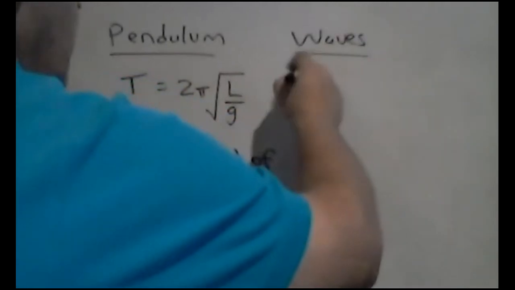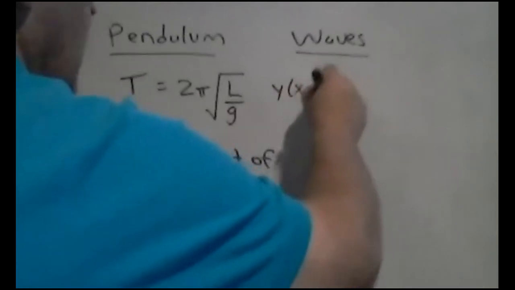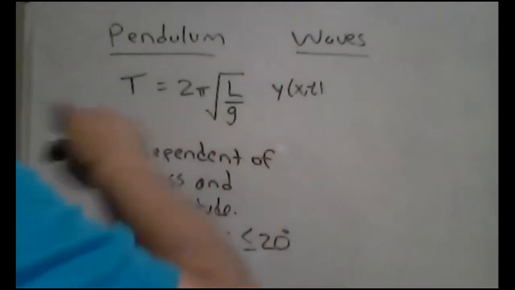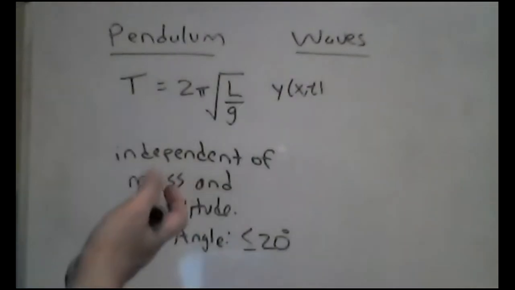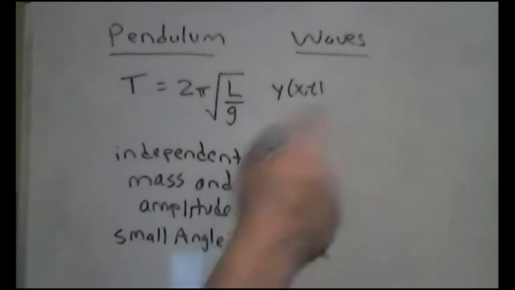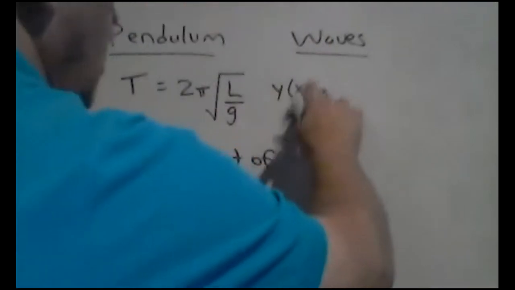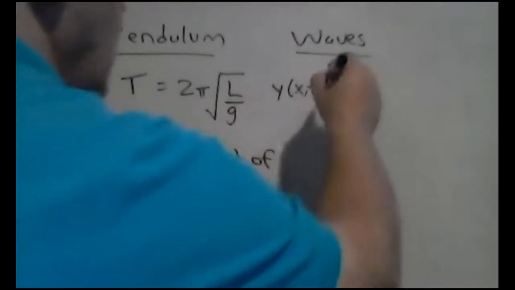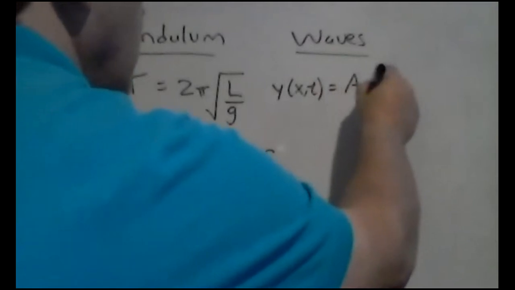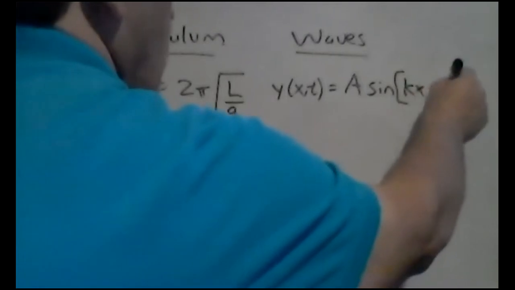I mean, the governing equation there is that y as a function of x and time, and y is your up and down direction. Oh, by the way, longitudinal waves are where the propagation direction and the disturbances are parallel, like sound waves. Okay, so we're going to primarily talk about transverse waves. Okay, so anyway, we'll talk more about that, and that's all in the video. So again, it's the amplitude sine kx minus omega